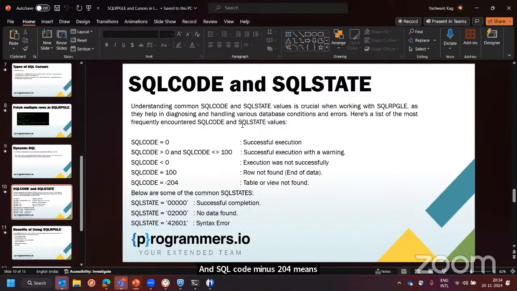Then we have some of the SQL states. SQL state is a 5-character variable. If the value is five zeros, it means it is successful. If it is 02000, it means no data found. If it is 42601, that means syntax error. So these are some of the SQL codes and some of the SQL states